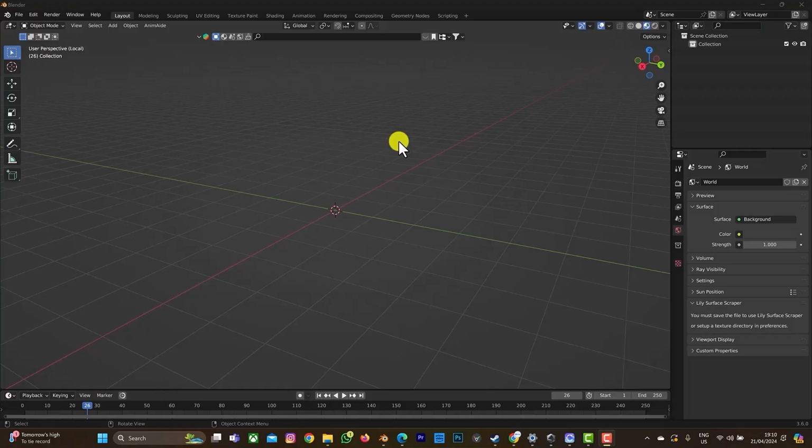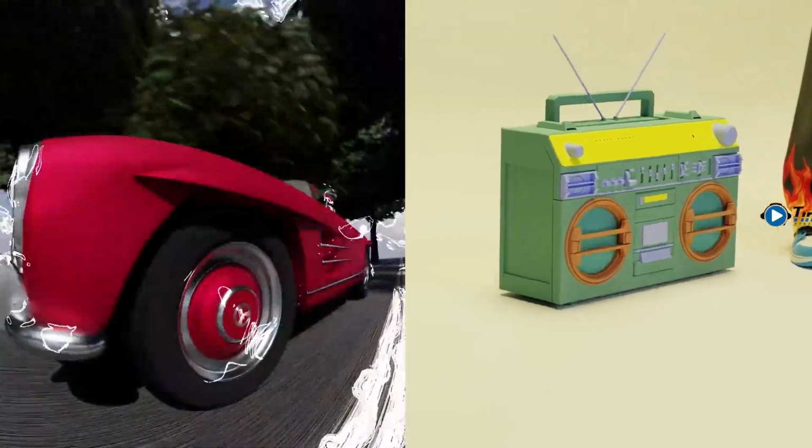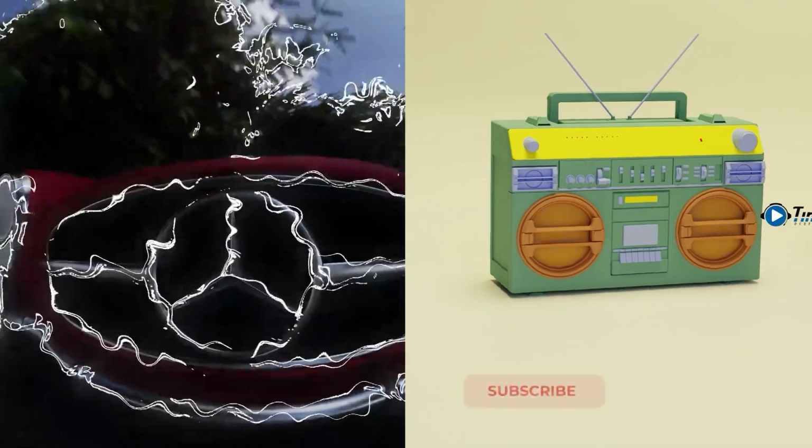Welcome back to another tutorial, and in this tutorial I'll be sharing my workflow with Blender Human Generator add-on and